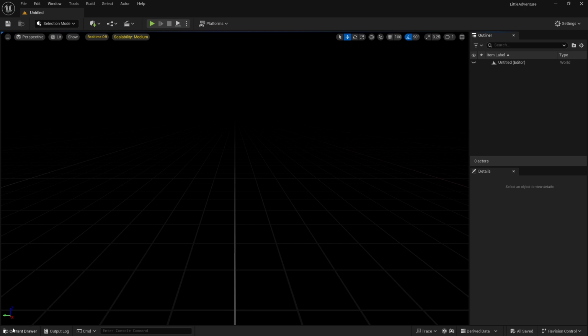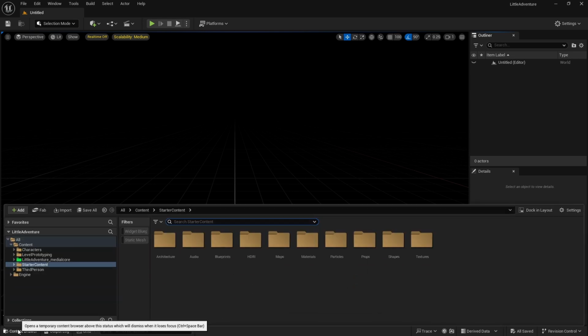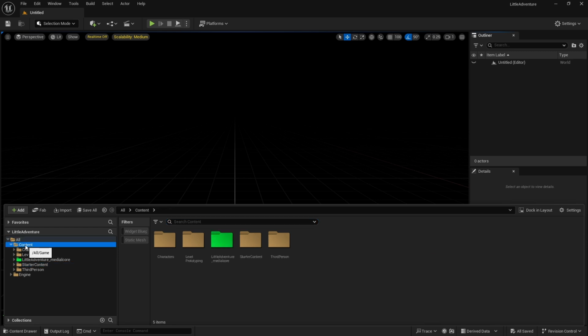But before we can save that, we go here on the bottom and click on Content Drawer, and this is our file system. Important here is the Content folder. You have to put everything in here. You can already see some folders for the third person template which we created, but we create a